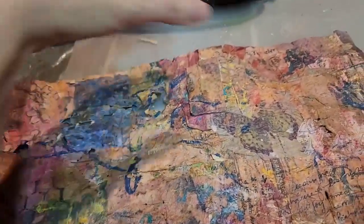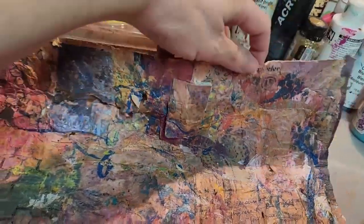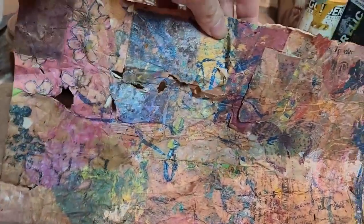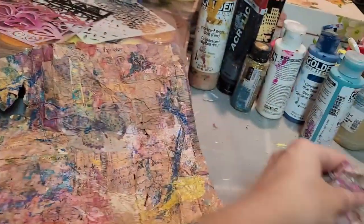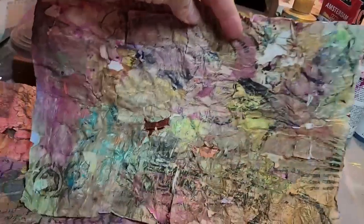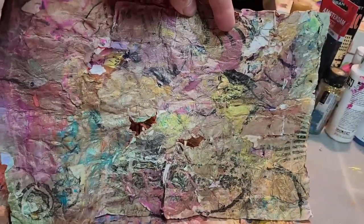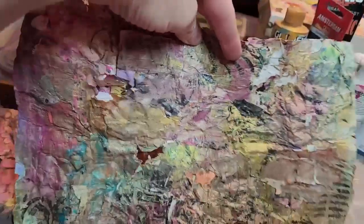these very grungy papers that have been momigami. They are made from collage papers, a lot of which is my own artwork. Some of it is papers that I found from way back when in my past. Some of it is scrapbooking papers, and I put a lot of marks on it, and I also sanded it